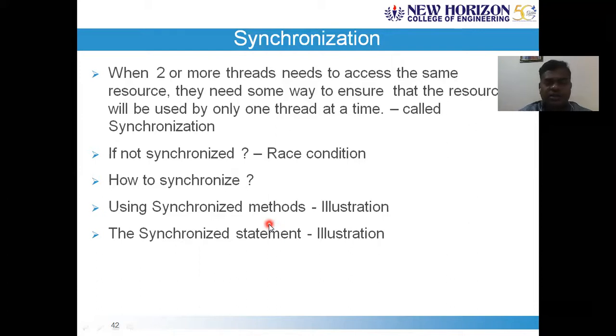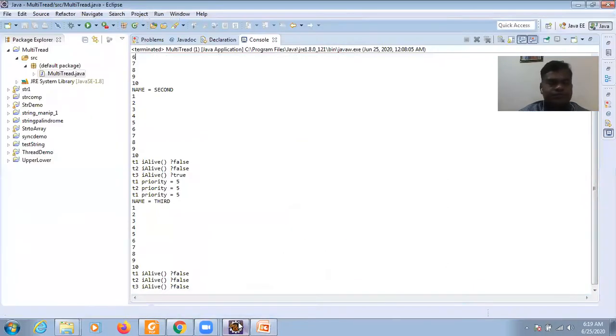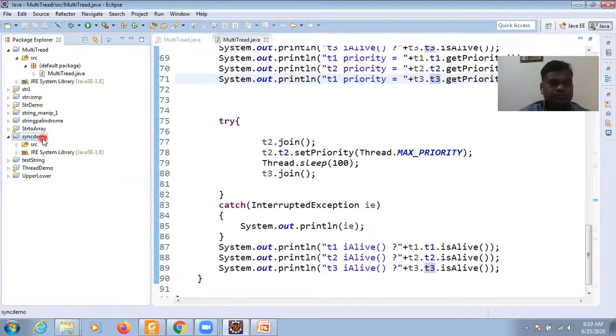So I'll be sharing the Eclipse screen in order to demonstrate the synchronized method and a synchronized statement. Here is the example that I'm taking,